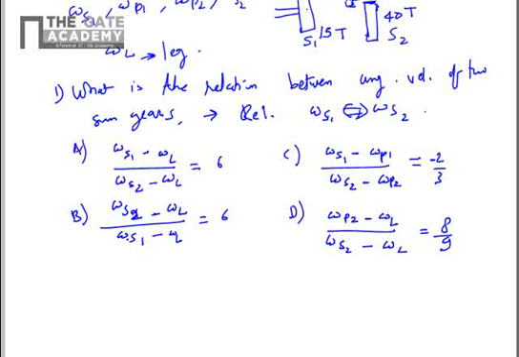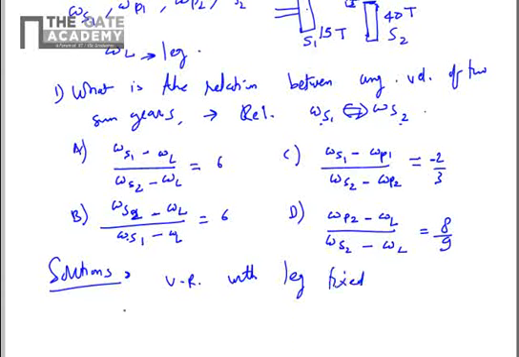But here we are asked the relation between S1 and S2. So straight away you can rule out option D, because here S1 is not occurring, so there is no relation between S1 and S2 here. We have to find out the correct answer from A, B and C. So we go about solving this problem with our usual approach of finding the velocity ratio with the leg fixed.